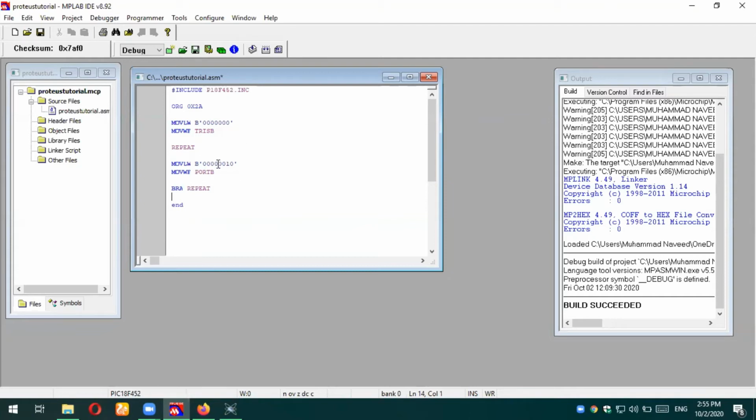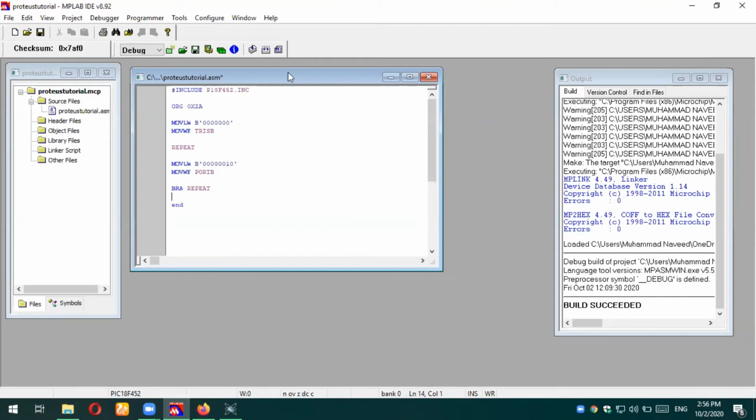So once you turn on the microcontroller, it will continuously perform that specific task for which you have written the code, or for which you have burned the code inside that controller. So to repeat the task, we are putting that task inside this infinite loop using this short branch, which is BRA, and the label repeat is used here, and we are putting that label above that task in the program. So this is the task, and the task is to turn on the LED which is connected to port B.